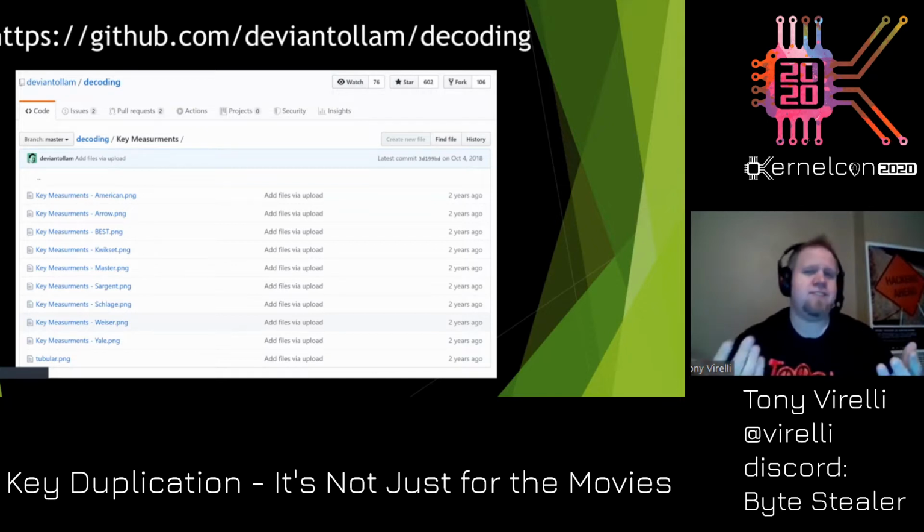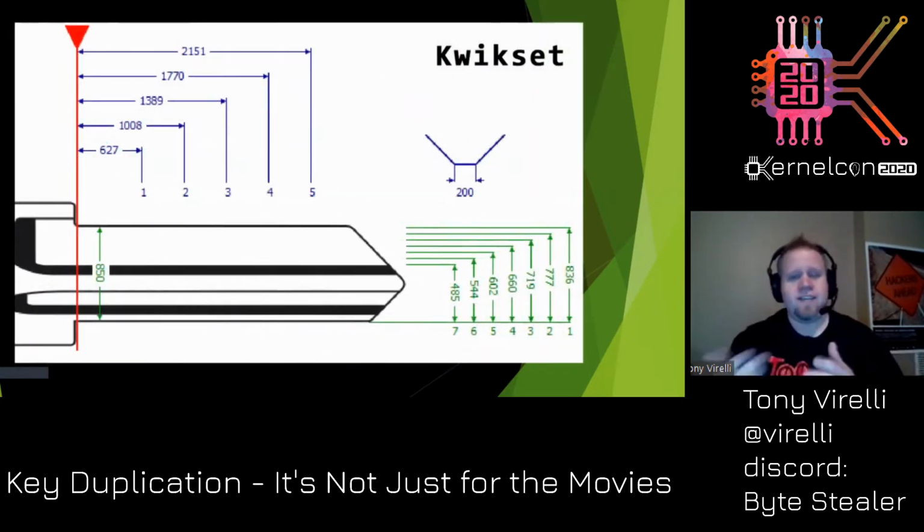I'm going to reference Deviant Ollam a lot in our videos. In my talk today, he does a lot of stuff on key duplication. He pretty much taught me everything I know through online videos, watching him do this and expounding upon it. He's got a ton of references online. What you're looking at right now is his GitHub account, and he has these PNG files that, for different keys, this is a Quickset example,